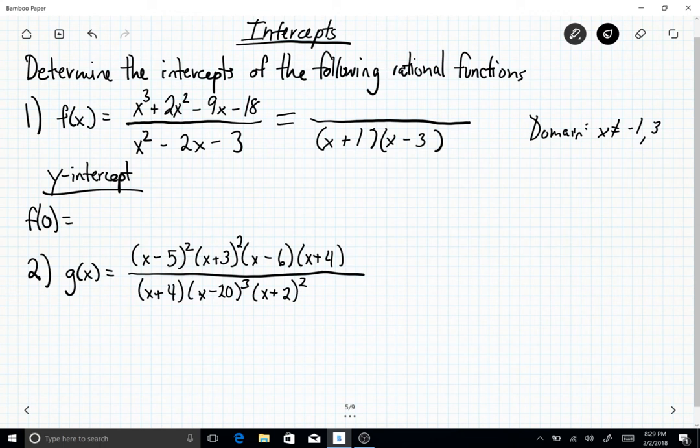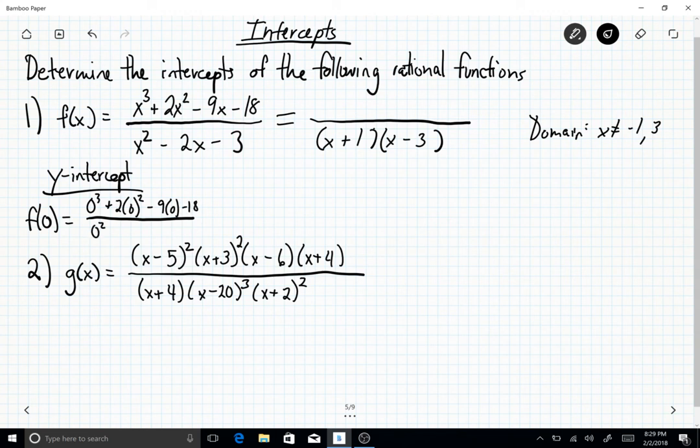You can run into a scenario where it's not, and then we don't have a y-intercept. We could have a removable discontinuity or an infinite discontinuity when x equals 0. In this case, we can find the y-intercept right away. Just a heads up, you might run into trouble every now and then where it's undefined at that point. You can just plug it in and see. If you run into a problem where you're dividing by 0, you know right away that's not going to work. So in this case, though, we get